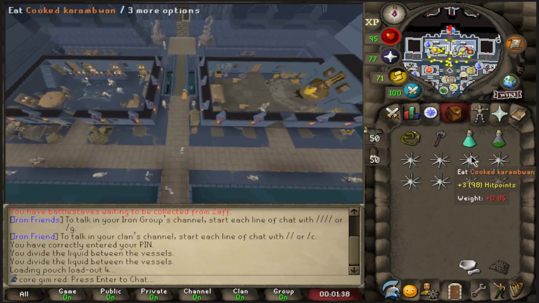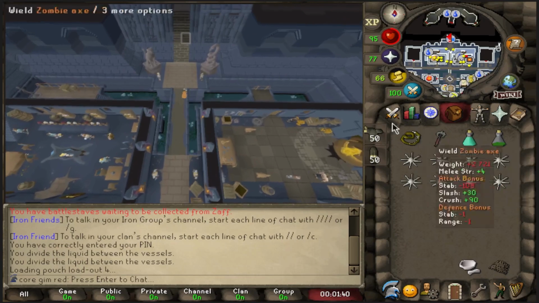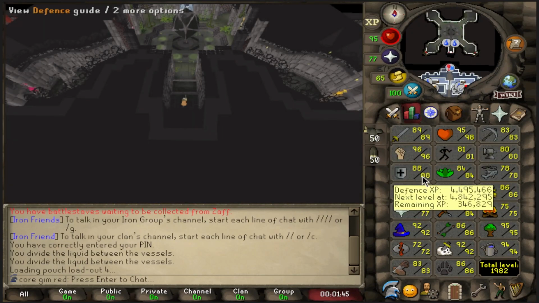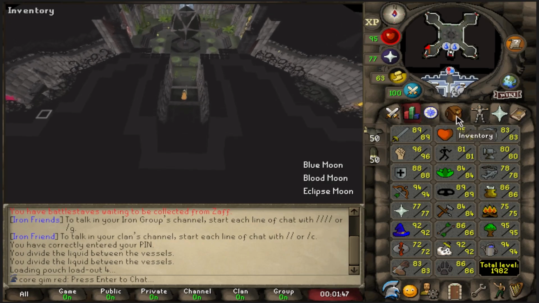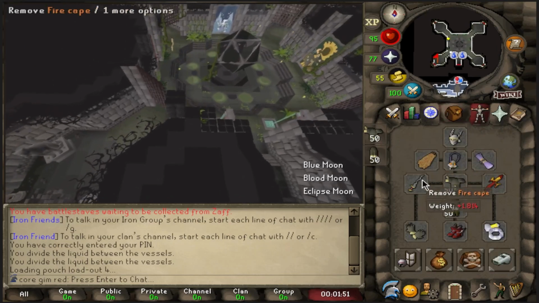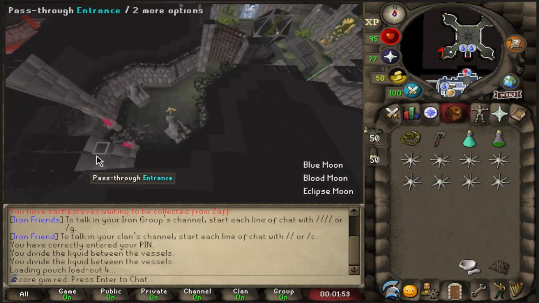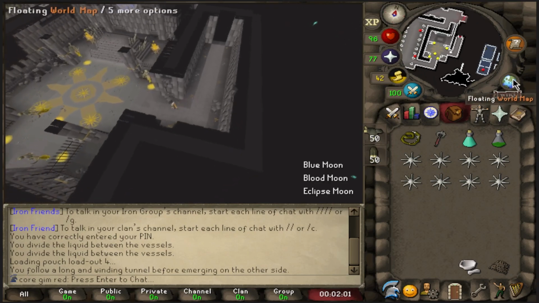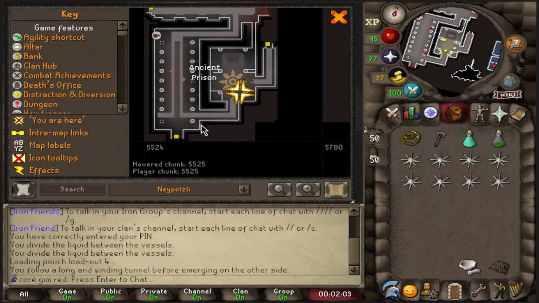This is what I'm going to bring to just start my cycle. The full prayer potion is definitely overkill and I probably won't need all these karambwans, but that is with these stats decently high with pretty good weapons, a tent whip for slash, zombie axe for crush, and a fang for stab. We're going to start in by going into the southwest entrance, run through this area all the way up